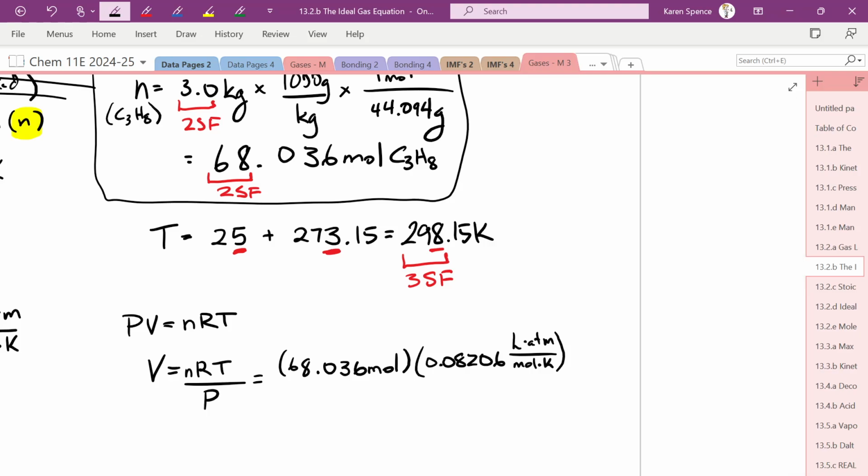Because that's the value you're given in the data booklet, but your sig figs would still be here because you have the 25, right? So the 5 is your uncertain digit. So when we add, we go to the first uncertain digit, which is in the ones position. Yes? So when you're doing temperature, you have to watch out for that. And then our temperature is 298.15 Kelvin